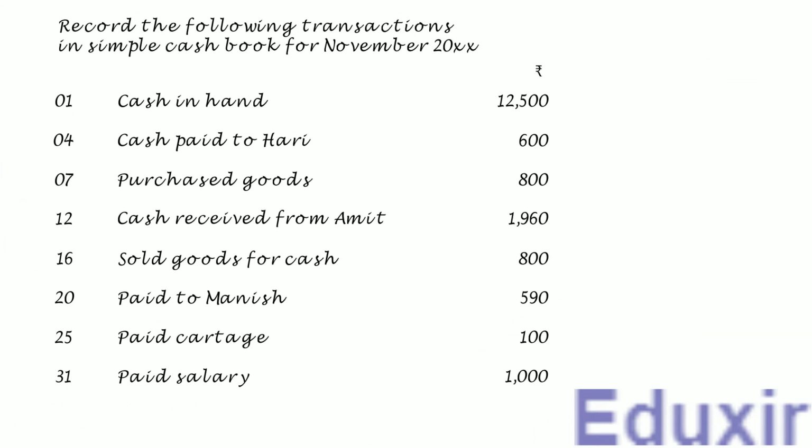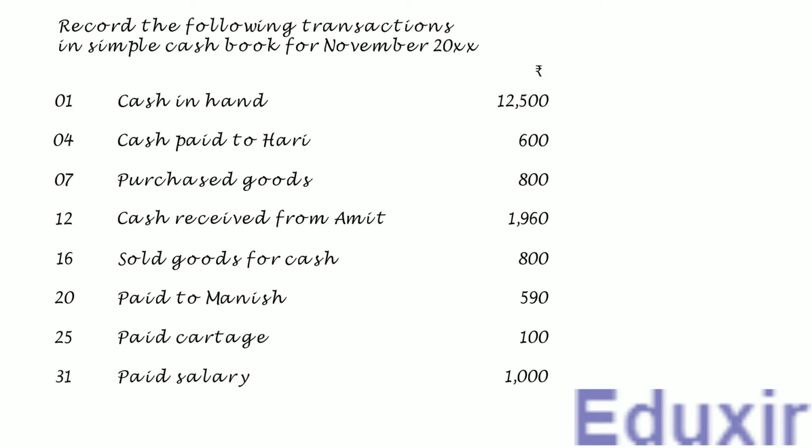As you know, a cash book is also called the book of original entry, and it fulfills the requirements of both a journal as well as a ledger account for cash. Due to this reason, when the cash book is maintained, businesses will not maintain a separate ledger account for cash. So its format is very similar to that of a ledger account. All the cash transactions are classified into receipts and payments. In this case, we will limit our scope to just recording these transactions in the cash book. However, keep in mind that in real-time practice, the posting to the corresponding ledger accounts also happens simultaneously.